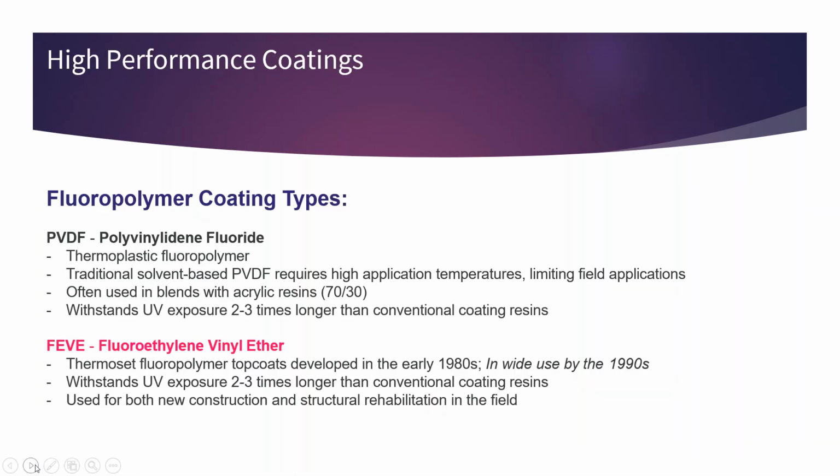And in the class of fluoropolymer coatings, there's really two primary types that hold the market right now, and that would be PVDF, or polyvinylidene fluoride. This type of material is a thermoplastic fluoropolymer. There are some iterations of it that have come out in the last few years that I do believe can be cross-linked, but primarily when you think of the spray liquid coating extrusion market, you're thinking